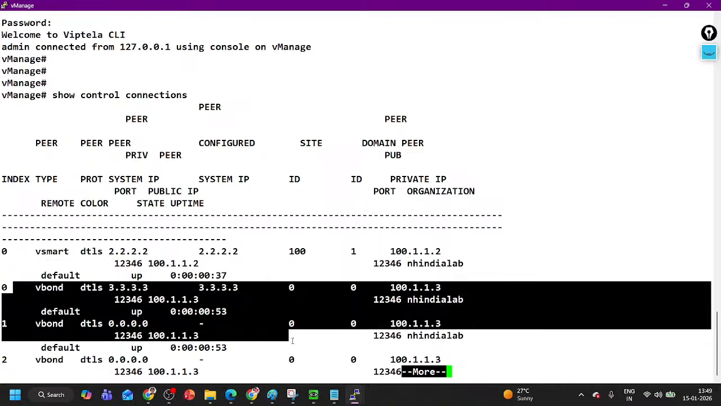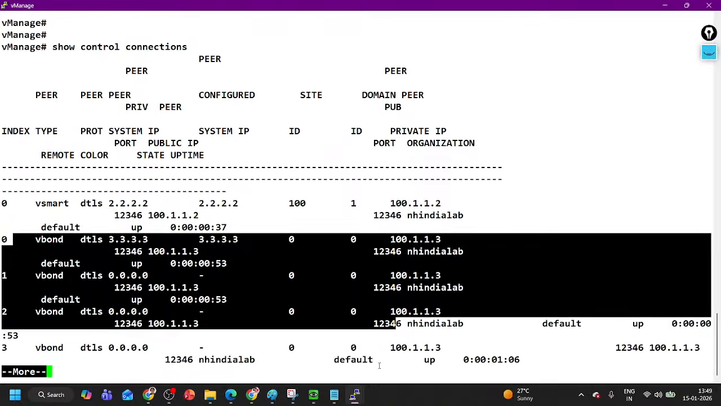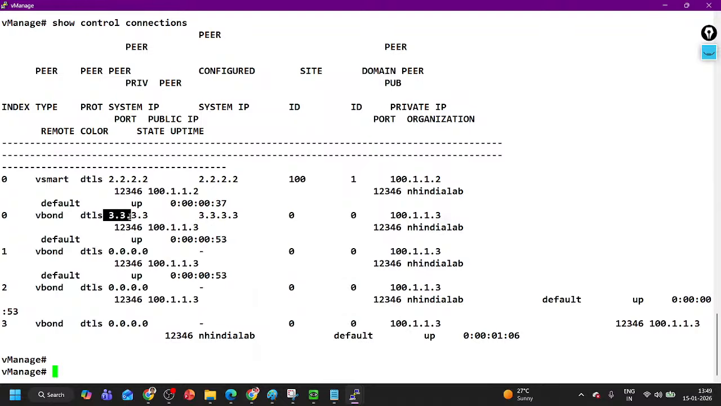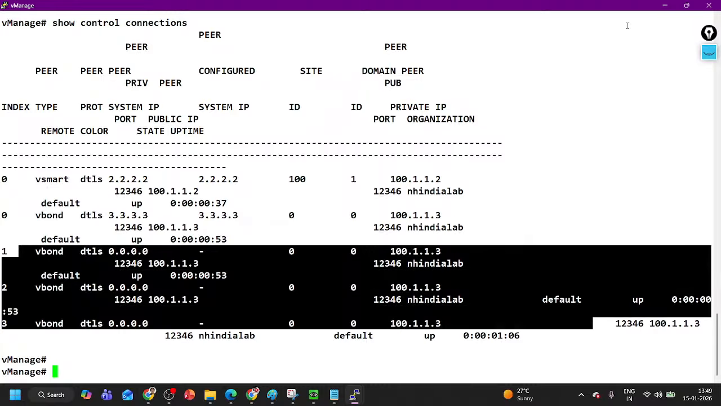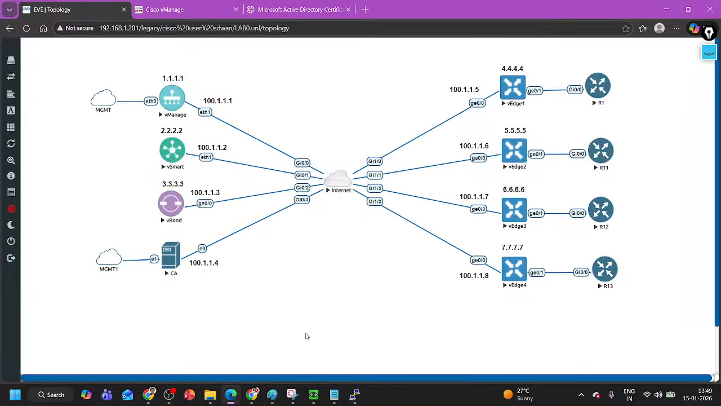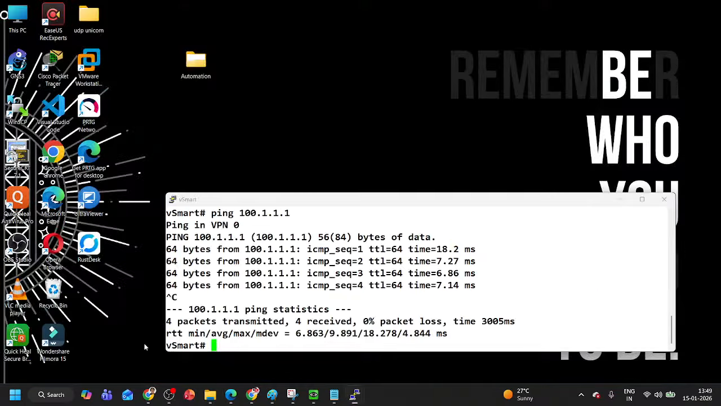DTLS. And these are the duplicate entry with vBond. With vBond it is going to create a temporary tunnel. Here you can see with 3.3.3, which is vBond, and these are duplicate entries just because of simulation. Okay. And on vSmart also you can verify that. So